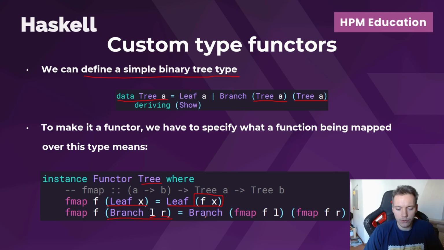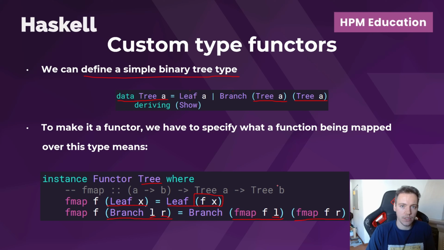But what we want to do is recursively process each of its children with the same function, right? So we recursively call fmap with the same function on the left child tree and on the right child tree,